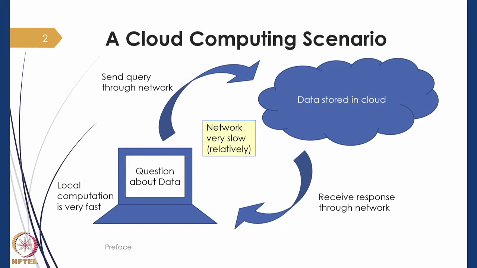It could be a graph, it could be a large data set, it could be some complex function. This data is somehow stored in a cloud or a data center that is physically far away from the computer that actually performs the local computation, and this local computer has some question that needs to be answered about